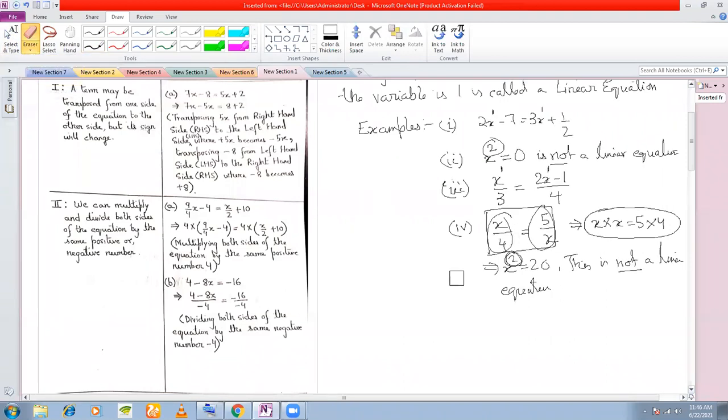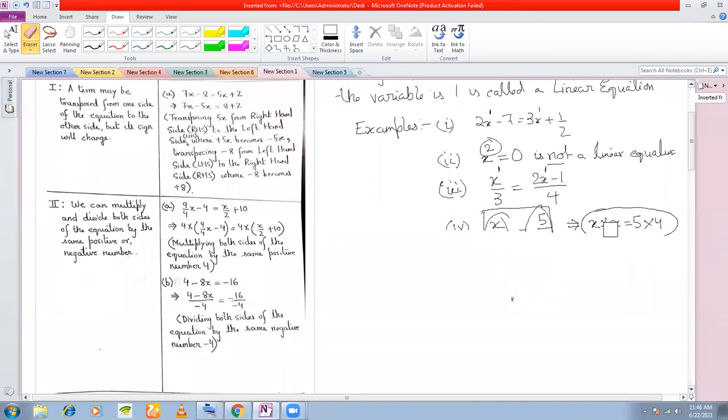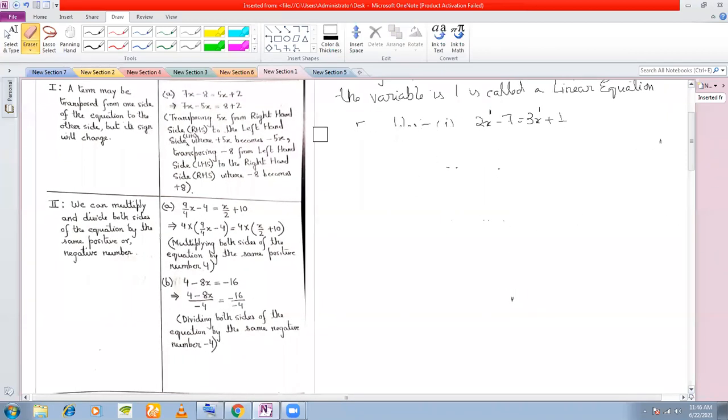Okay. So let us start with the rules of a linear equation. What are the rules? I'm sure you have done all the rules earlier. Okay, so let us just revise them. First rule is that you can add or subtract any number to either side of the linear equation. So if you have an equation, say 7x minus 8 is equal to, or rather this rule is that any number can be transposed from one side to the other if you change the sign.